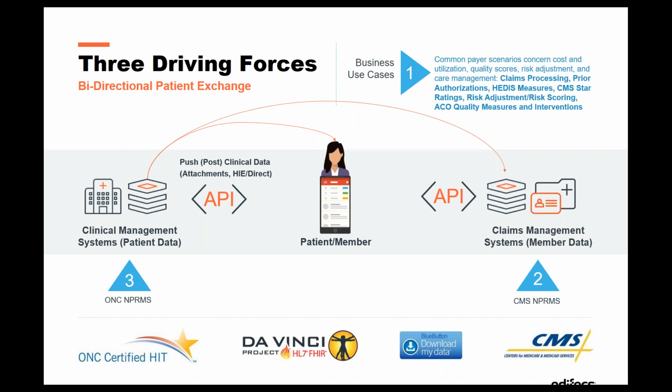And then if we go to the left-hand side, we get into the weeds of the spec. What is an API? What's the criteria? What's the certification for this? What's the FHIR standard? What data sets are available? We hear this word data blocking. What does that mean? These are all the things that ONC has put together as guidelines and more specifics around them. And as you can tell, they work together. They talk about each one separately. So when CMS says you need to make data available via the ONC USCDI, they're referencing the ONC.